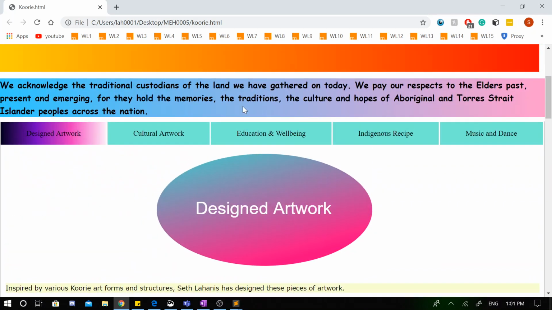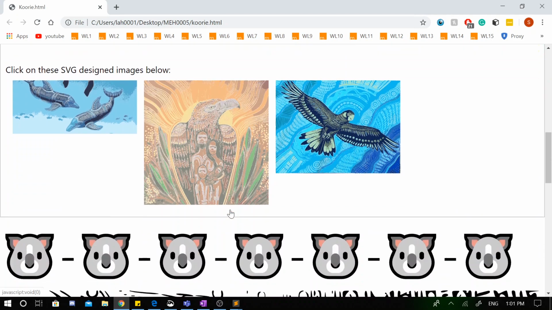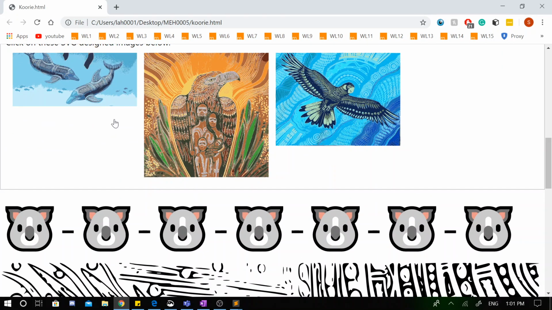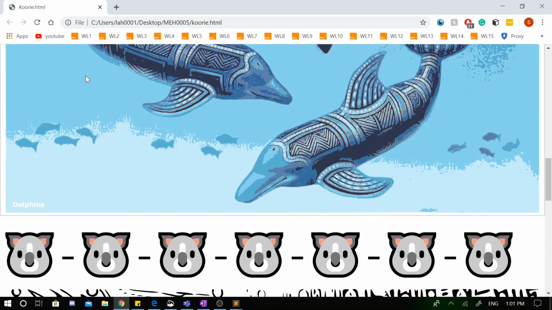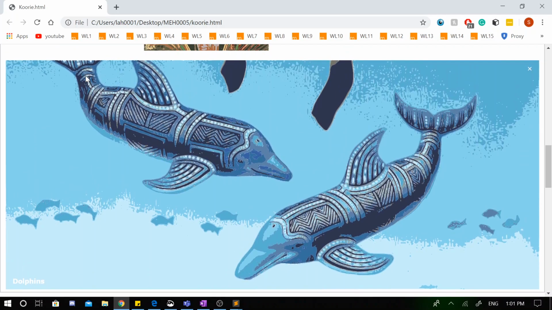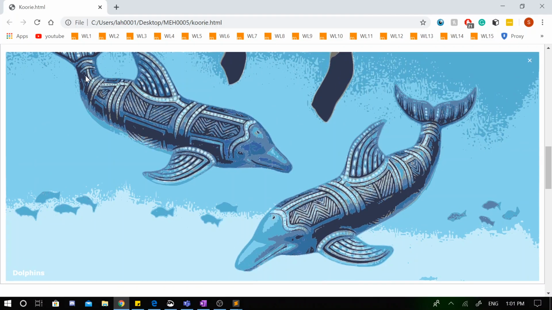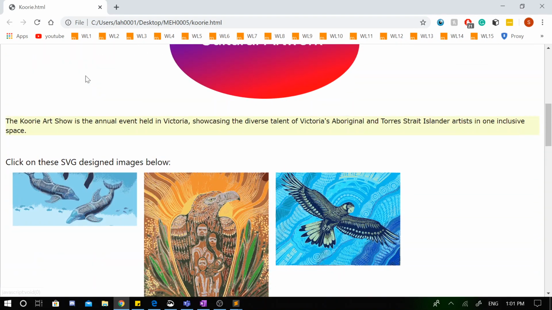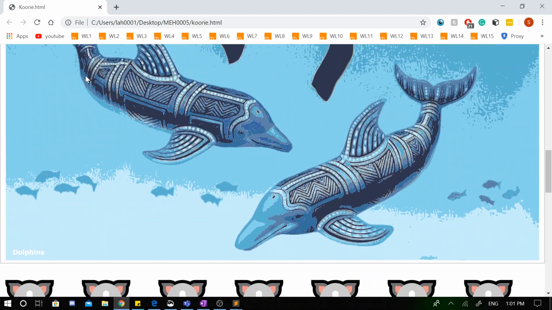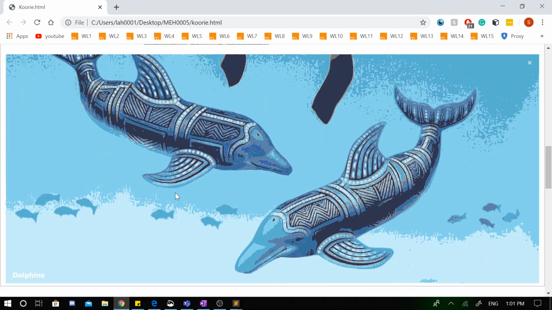Next is more cultural artworks that are digitally created using the technique that you taught us in class, where we can transpose a photo into a SVG. So there's this one,